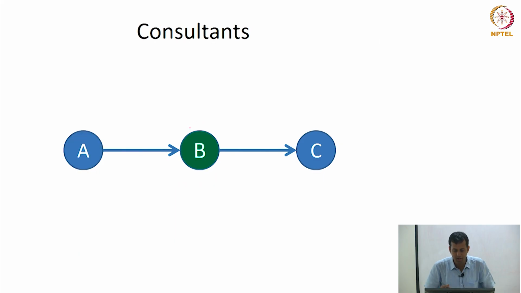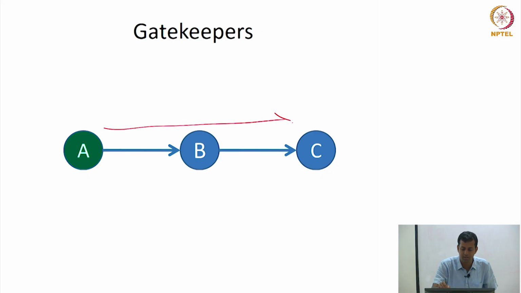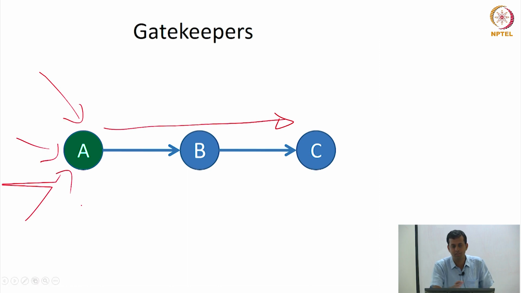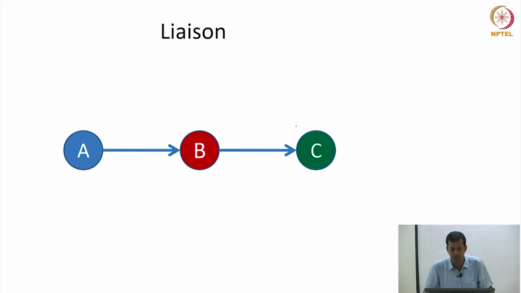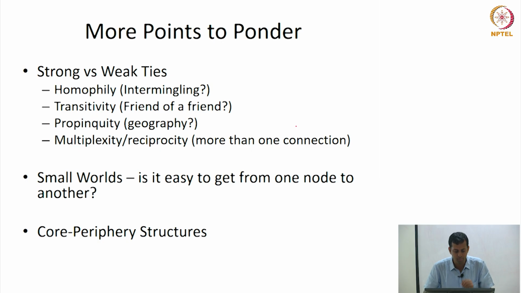All right, so B essentially, okay. A in some ways is a gatekeeper, because A is the one who starts the information flow. So if there's other information coming into this network, it has to come to A because information flows from A in. So A is what we call a gatekeeper, right? C essentially is a representative, someone that you call a representative, right? And so you can identify, looking at your network, who's the gatekeeper, who are the representatives, right? Gatekeepers sometimes are extremely important because they are the ones through which information flows in, right? B sometimes becomes a very important liaison kind of person, okay? So all of this,